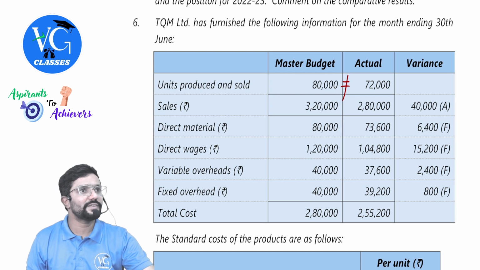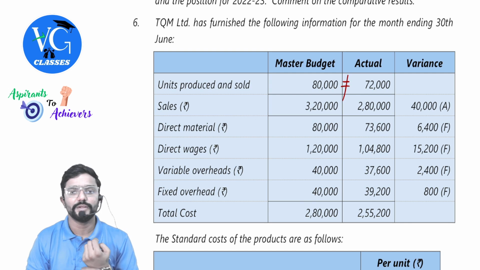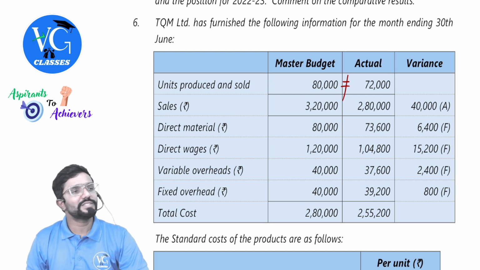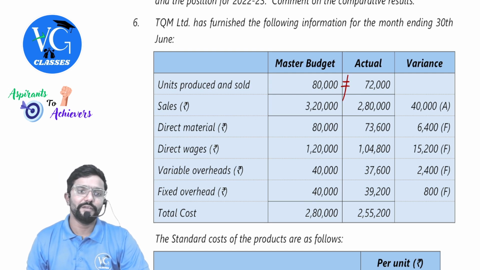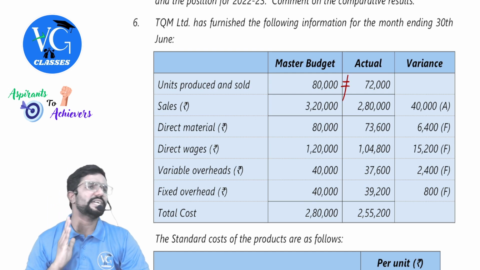Cost is different, sales is different. Cost is, sir, expenses we have to pay for it. Whereas revenue, sales is revenue. Direct material, direct wages and all you can see. Actual is less than budgeted. That means good, sir? Yes, favorable. Variable overhead, favorable. Fixed overhead, favorable. Total cost. Okay. Guys, what analysis they have done and calculated the variance?